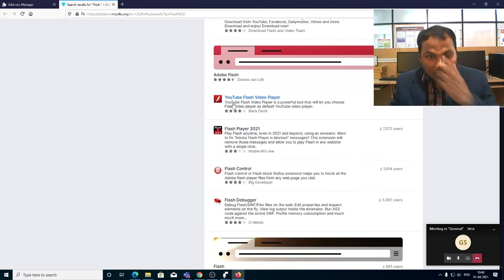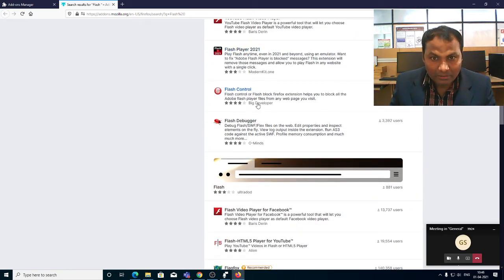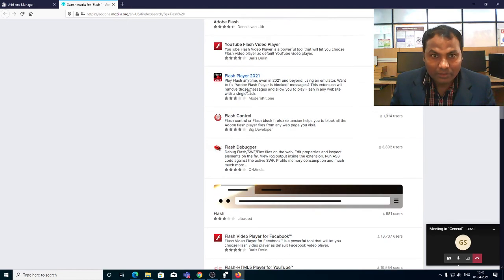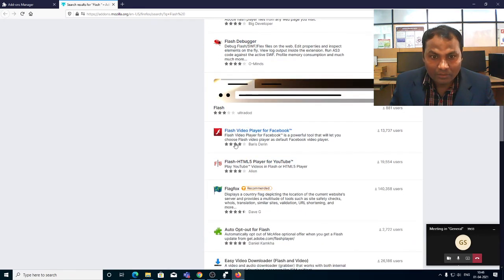You see, this is the symbol of YouTube Flash player. This is also Adobe Flash. This is the symbol of Adobe Flash player. You can use this Adobe Flash player. You can also use this Flash video player for Facebook. For playing video files on Facebook, you can use this plugin.